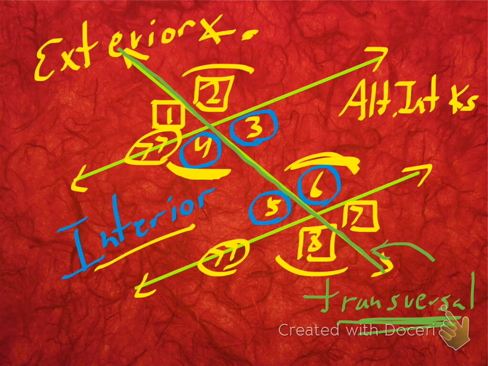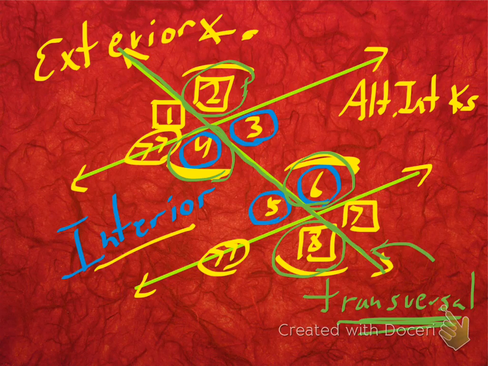Now, if you follow all that along, if I know that 2 is equal to 4 because of vertical angles, and if I know because of what I just said that angle 4 is equal to angle 6, and I know that angle 6 and angle 8 are equal because they're vertical angles, then essentially all 4 of these even numbered angles in this diagram are all going to be congruent. They're all going to be the same angle measure. And I can extend that, if I want, to some other angles. Sure enough,